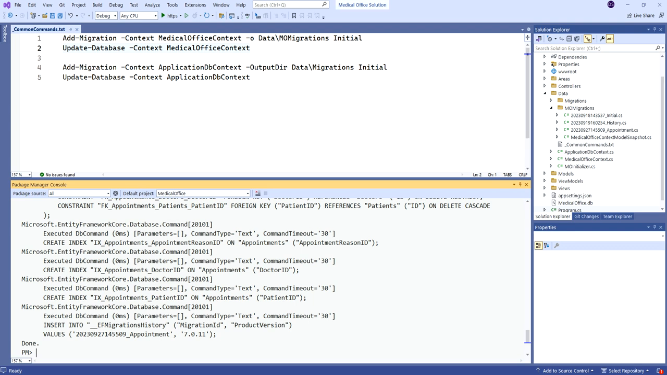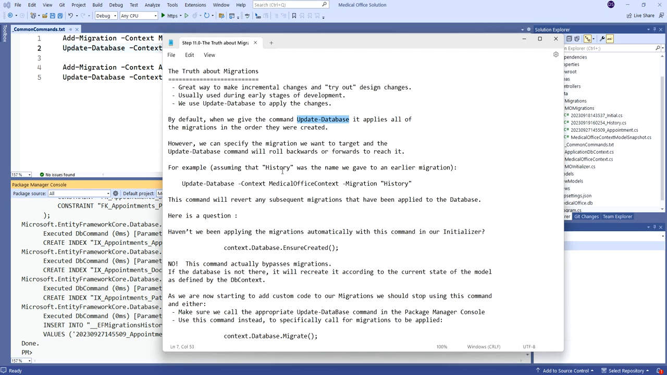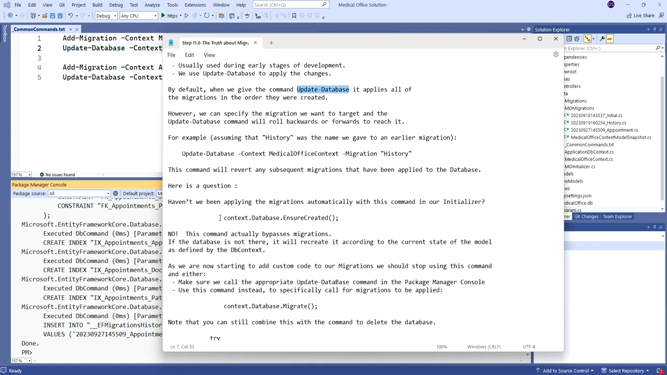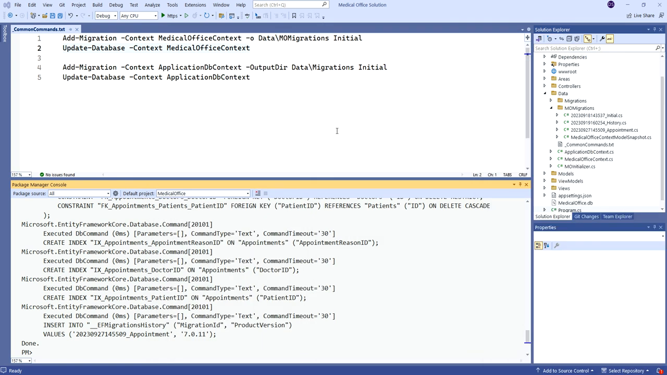Great thing, right? Yeah, but we haven't been doing it really to some degree, because why? We've been having this line of code, EnsureCreated, at the top of our initializer. So we haven't really been applying migrations in every situation, because that command actually bypasses them altogether. What it does is, if the database is there, it doesn't do anything. If the database isn't there, it will recreate it according to the current state of the model as defined in the DB context. In other words,